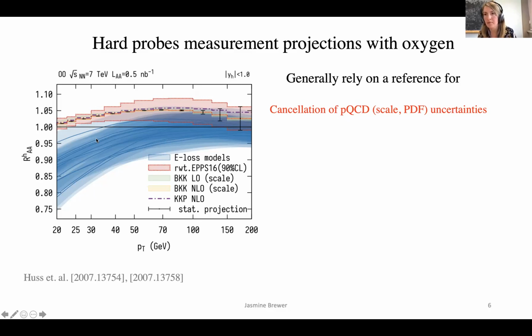But I think it's probably something which more theory calculations should also put input on, because this is only one set of particular calculations. But they did try to vary the assumptions of the energy loss models in order to get this band. Does that answer the question you were asking? Yes, thank you. Thank you, yes. Okay.